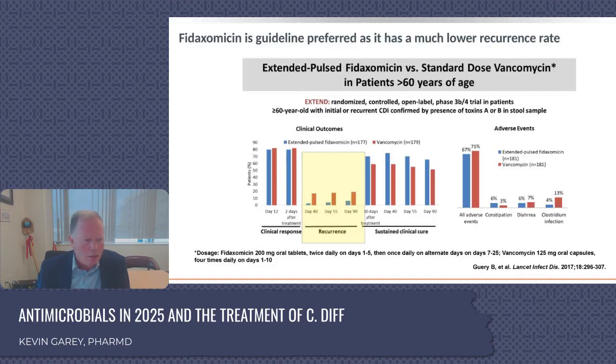And this is just one of the newer randomized controlled trials with fidaxomicin, but the earlier indication trials showed the same things. I highlighted in yellow the recurrence rates from this particular trial, the Extend trial. The blue is fidaxomicin and the red is vancomycin, and down is good because you don't have as much recurrence. And you can see you hardly see any blue and you see a lot of red. And so fidaxomicin has fewer recurrences than vancomycin. And that's why all the guidelines then prefer fidaxomicin over vancomycin.